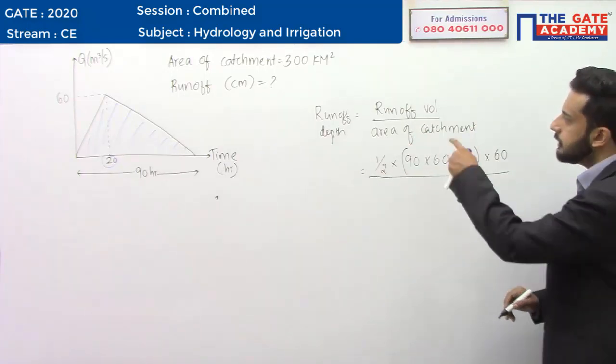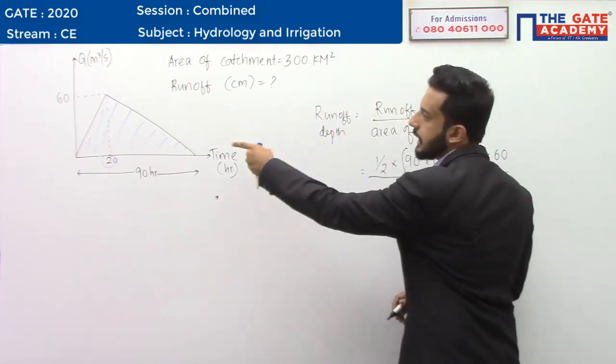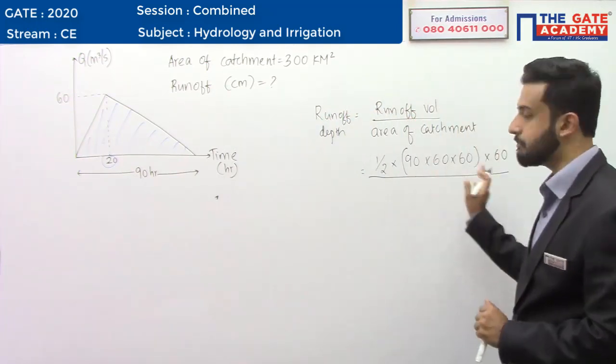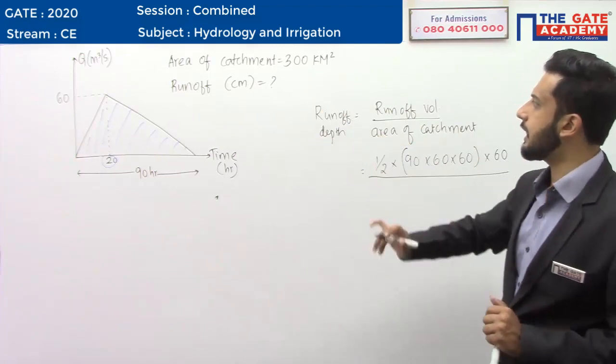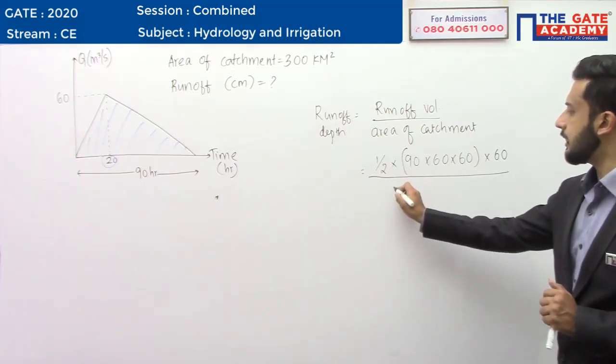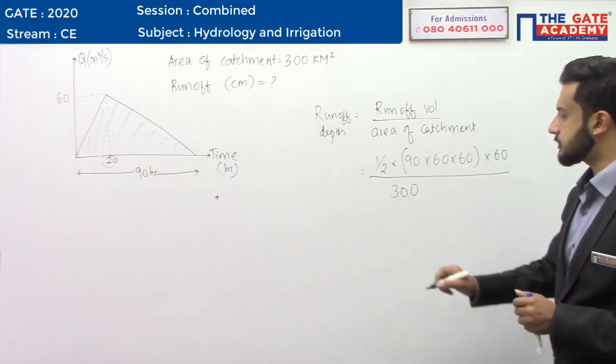What we have done: runoff volume is equal to the area of the hydrograph, which is half BH. Then divide by the area of catchment. How much was it? 300 kilometer square. I told you